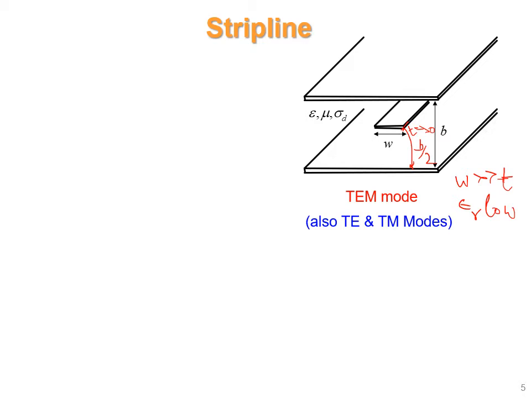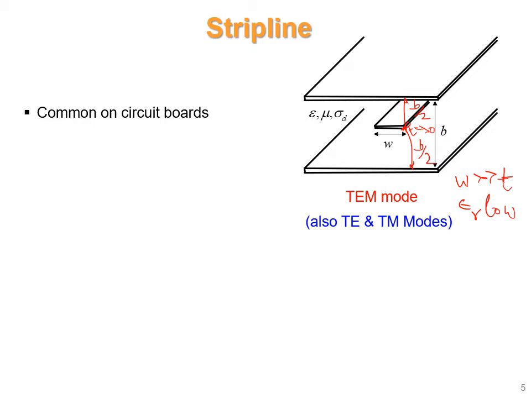Then above this thin conducting path there is another layer of dielectric material having the height b by 2, and above this dielectric material there will be another conducting layer, that is called the ground layer. So we can say that the strip line is sandwiched between the two ground planes and dielectric material. So it resembles a coaxial cable.